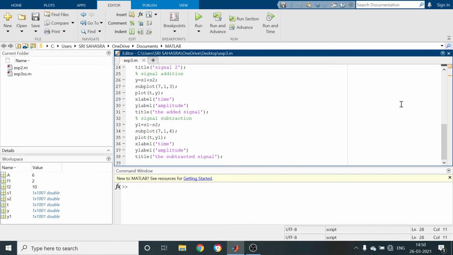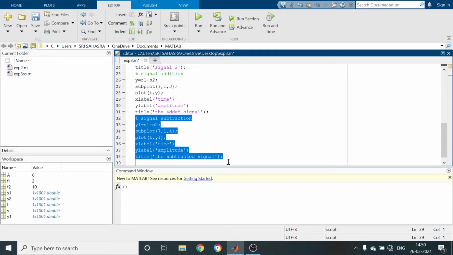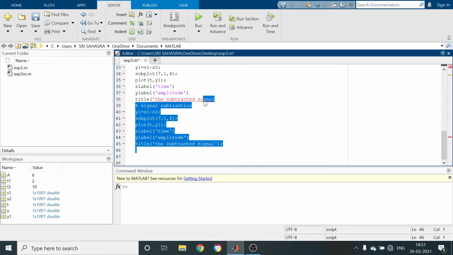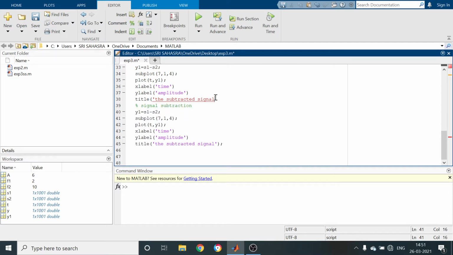Next we have to perform what? Multiplication of the signal element by element. So next thing is signal multiplication, element by element.